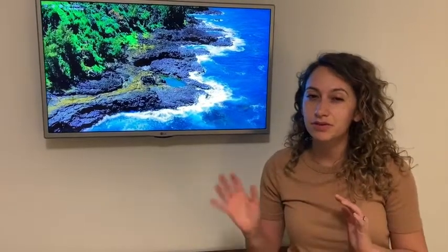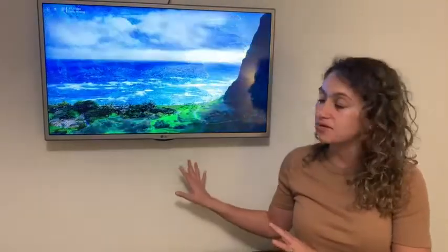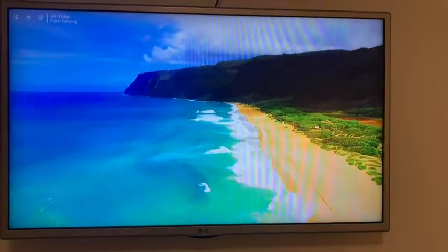I really love this TV. I find it to be perfect for smaller spaces. So if you're looking for a TV for your kitchen, or even perhaps for a bedroom, I think this is the perfect size, honestly. I love it here mounted on the wall, and what I really like about it is,